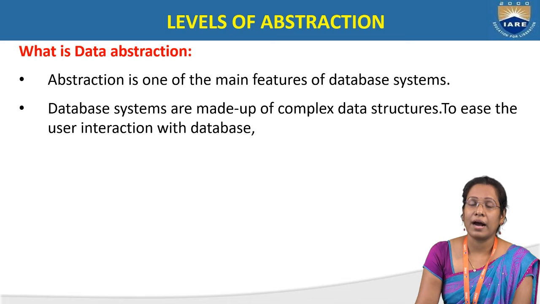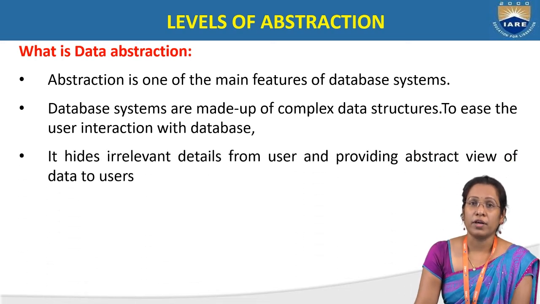What is data abstraction? Data abstraction is nothing but hiding irrelevant details that are not required by the user, and showing the details that are required. Suppose we take the student data in a university database. The university database may contain many tables, and a total collection of information is present. But from the student's point of view, the student can view only his own details, his attendance and his marks. The total cannot be viewed. The user can view only the information required for him, not the other information.